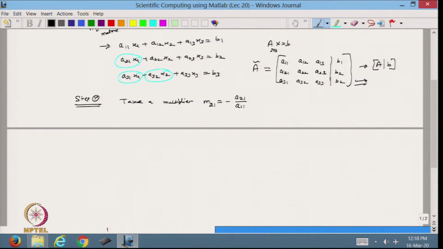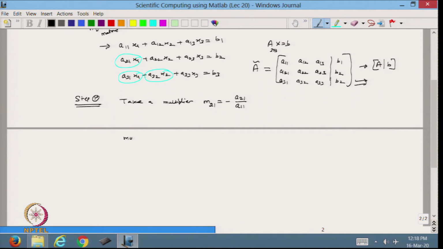Now, I will multiply the first row, that is R1, with M21 and add